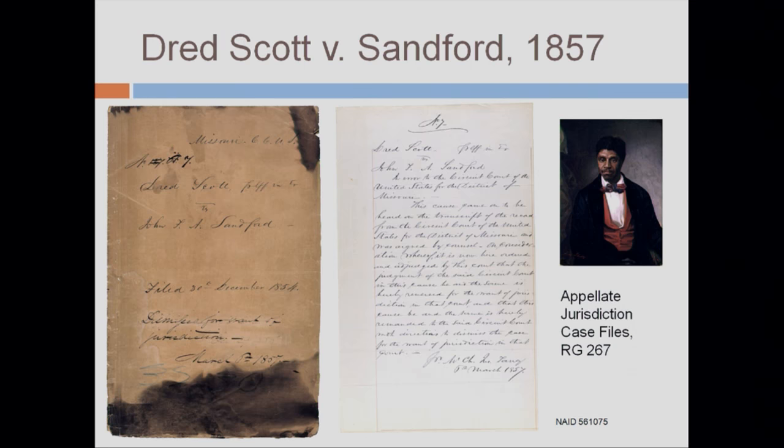Next, this is a record that is kept in the Archives 1 vault, as was the Book of Negroes. The cover sheet and judgment of Justice Taney in the Dred Scott versus Sandford Supreme Court decision, which came from 1857. The story of Dred Scott, if no one knows, he was born a slave in Virginia in 1795, and